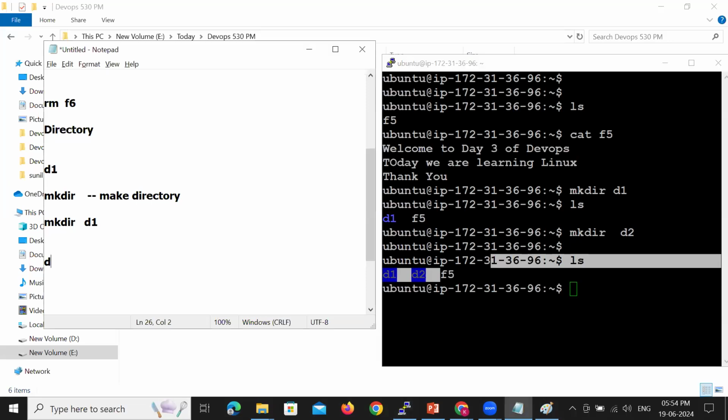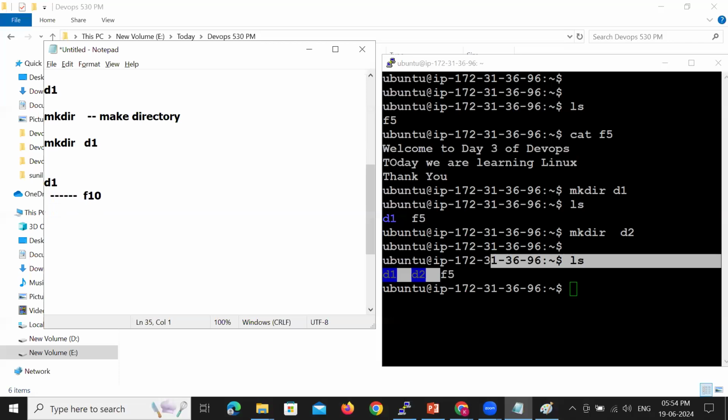So we have successfully created directory D1. My point is, can I create a file inside a particular directory? In my requirement, I want to create a file named F10, but I want this file to be created under the directory D1.